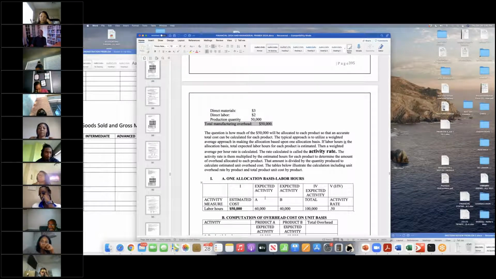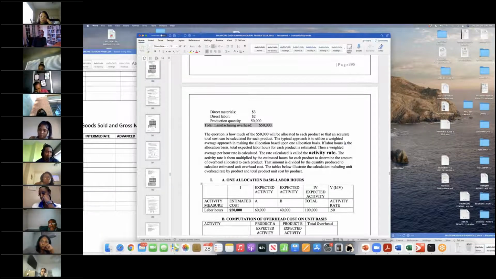Are there any questions on the top part of this chart, where we're coming up with this activity rate, where if you had 10 products, you'd add up all the hours, and whatever is the total of the hours for all the products is divided into the dollar cost. These are hours, these are costs, to come up with an activity rate. Any questions? Okay, so once we do that,